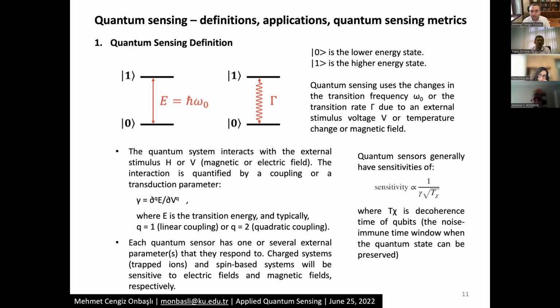actual amplitudes regarding how we can optimize together with the decoherence. So notice that I'm showing you a sensitivity metric here, which is actually giving us an inverse proportion with the transduction parameter, and there's a square root term that is called the decoherence time of our quantum state. So a qubit is a quantum bit, and we are essentially referring to the time over which we can retain our quantum state without distraction from external noise.